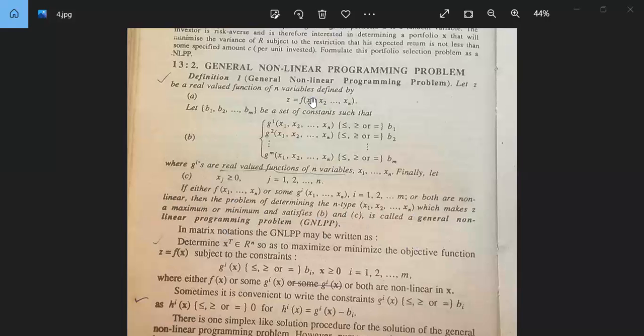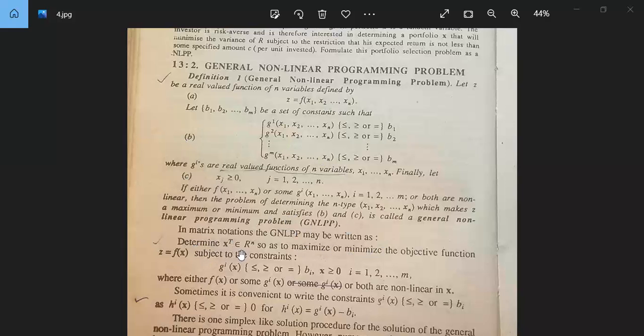यानी कि f नॉन लीनियर हो या इन g में से कोई नॉन लीनियर हो या दोनों नॉन लीनियर हो, उस केस में हम बोलेंगे कि ये जो प्रॉब्लम है ये क्या है, जनरल नॉन लीनियर प्रोग्रामिंग प्रॉब्लम है जिसमें z को मैक्सिमाइज या मिनिमाइज करना है अंडर द कंडीशंस b and c। In matrix notations, the GNLPP may be